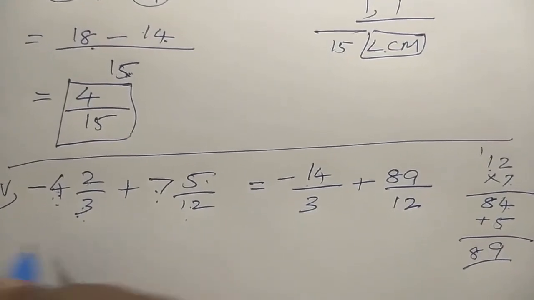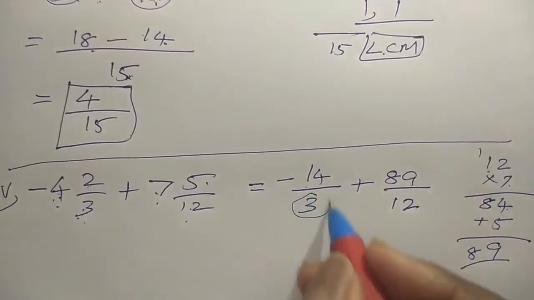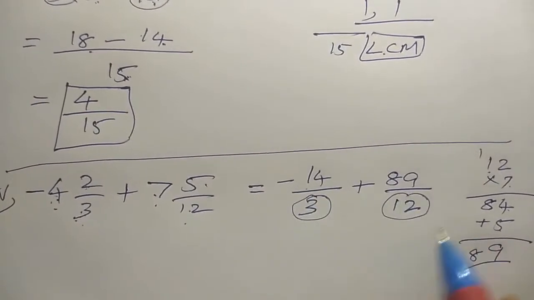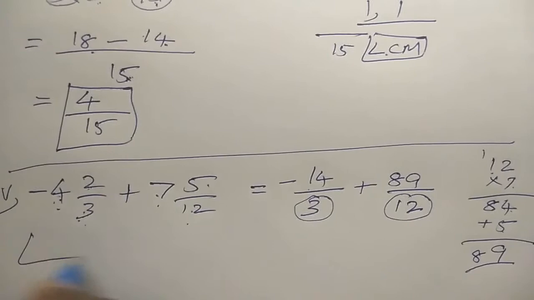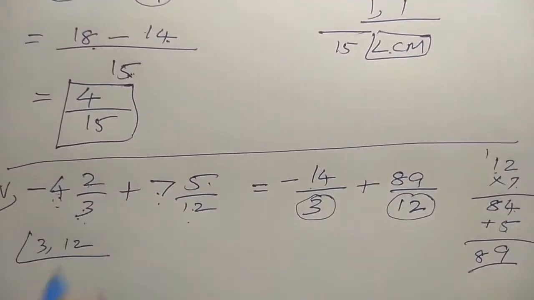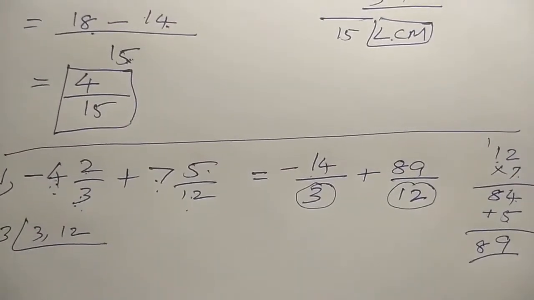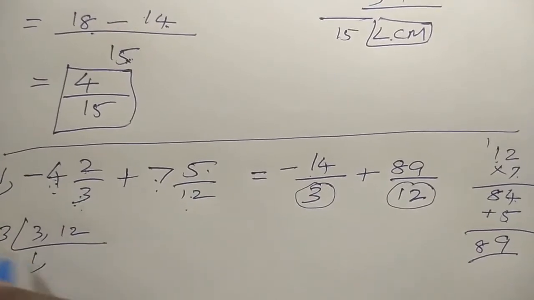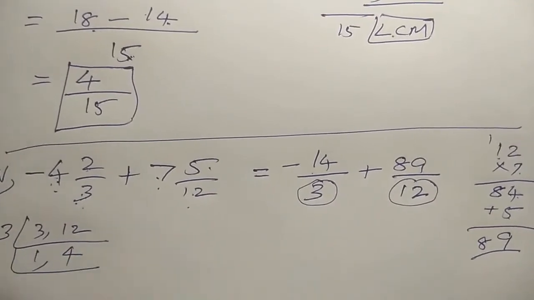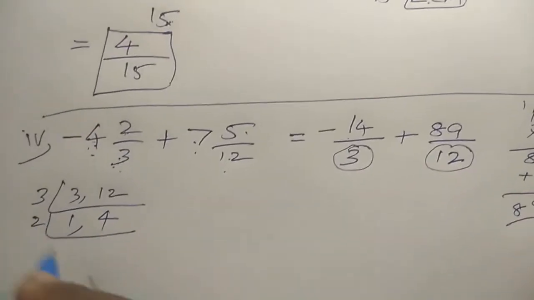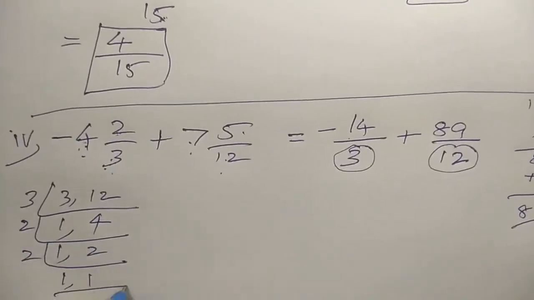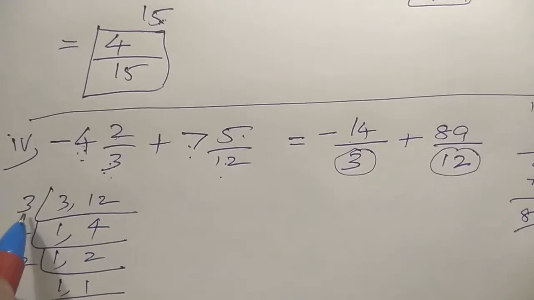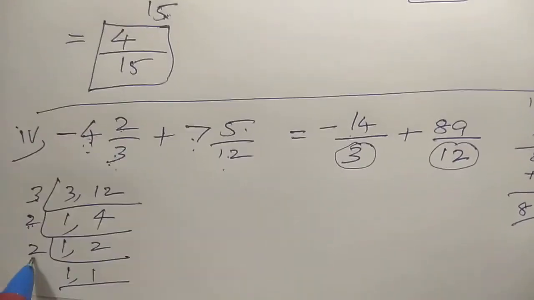So here also we are having 3, and here this is 12. Right? These two denominators are not equal. So we go for the LCM here. So it is 3 comma 12. So 3 table we put here now. So 3 1s are 3, 3 4s are 12. So here we go with 2 table. So 1 comma 2, again 2 table, 1 comma 1, we stop. So what we got as the answer here is 3 2s are 6, 6 2s are 12.